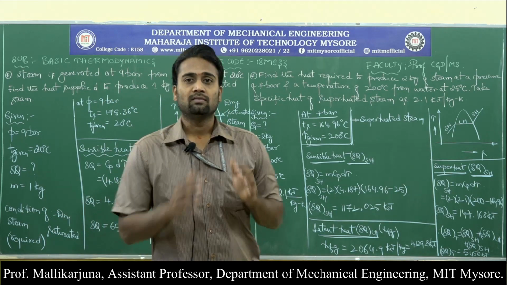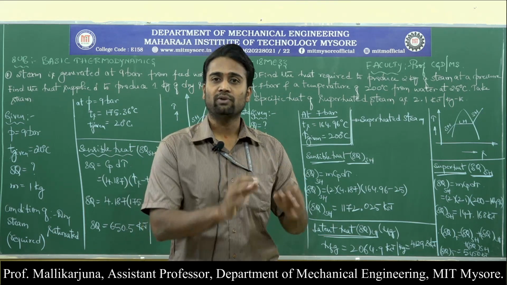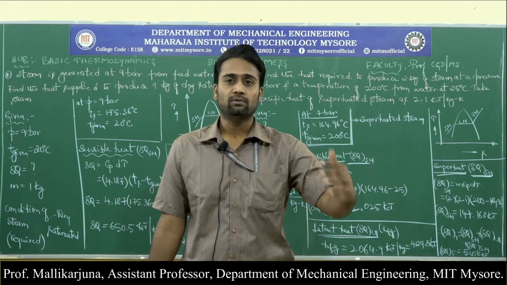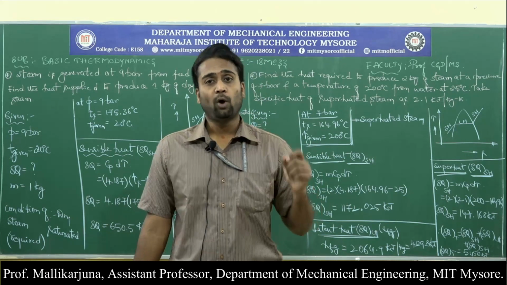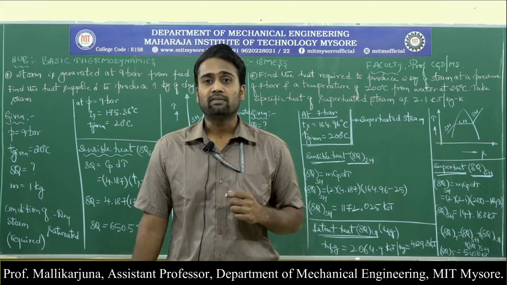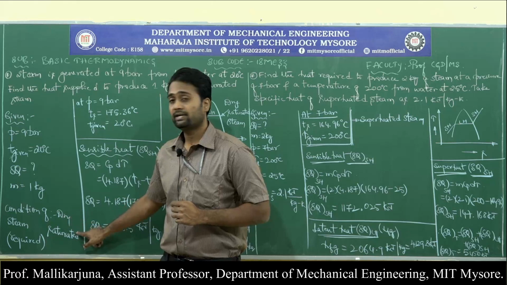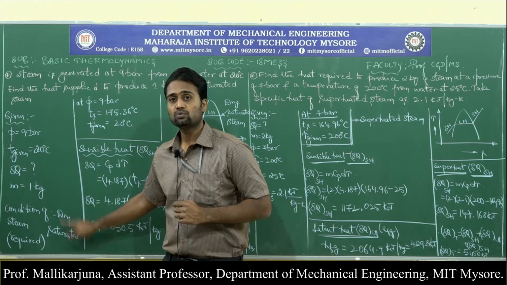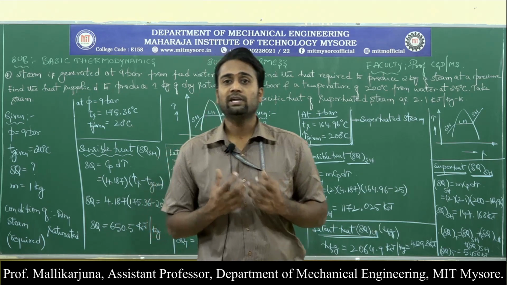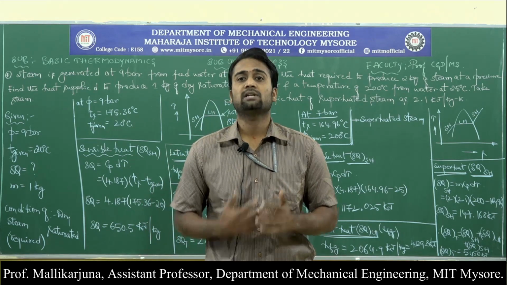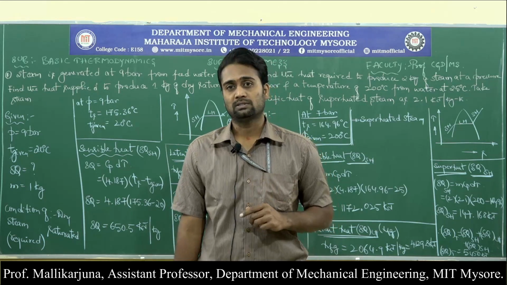That means they have provided us the initial temperature of the water, which is 20 degrees Celsius, supplied as feed to the boiler by which we are trying to generate the steam. So now we need to look for dry saturated steam. In order to produce 1 kg of dry saturated steam, what is the amount of heat absorbed? What is the amount of heat supplied? That is the question mark to us.